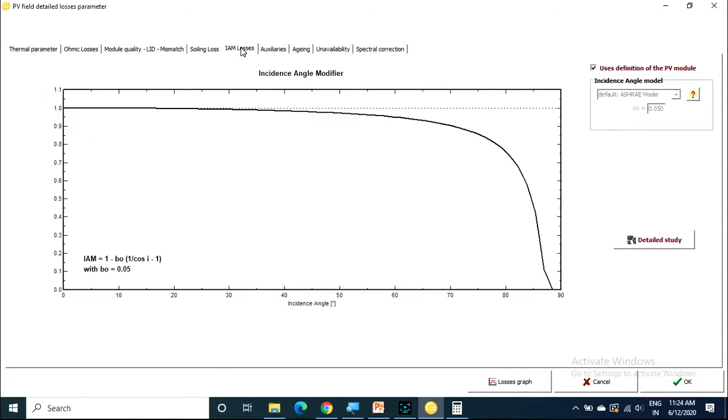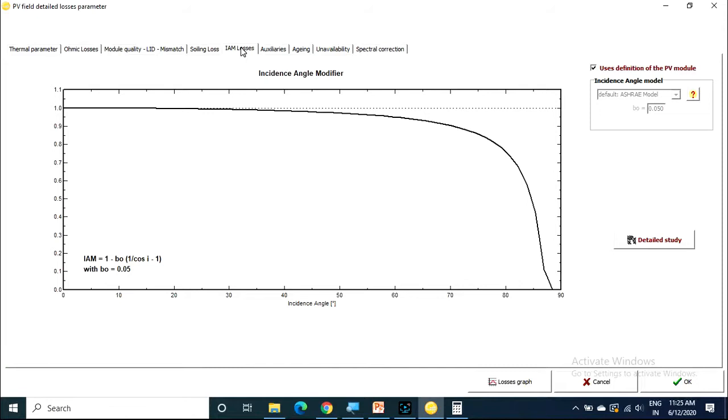And IAM losses. IAM losses means incidence angle modifier. So here we know that when the solar panel is perpendicular to the sun, then the direct component rays will be incident more on the panels. So maximum energy will be extracted from the sun.